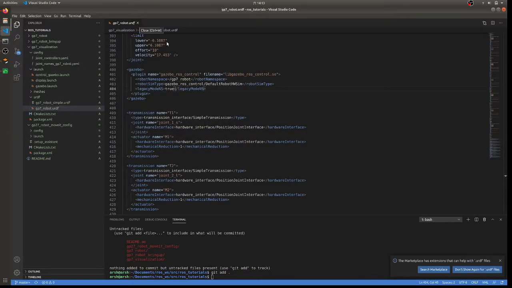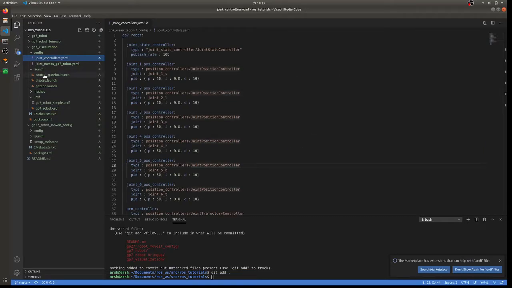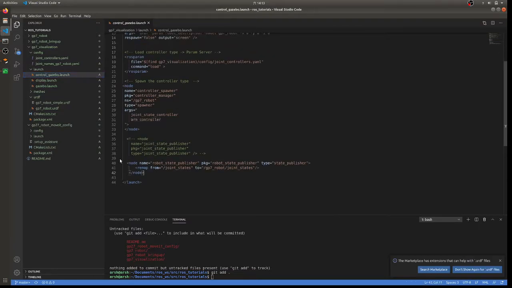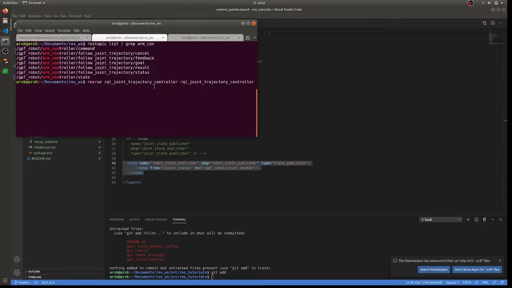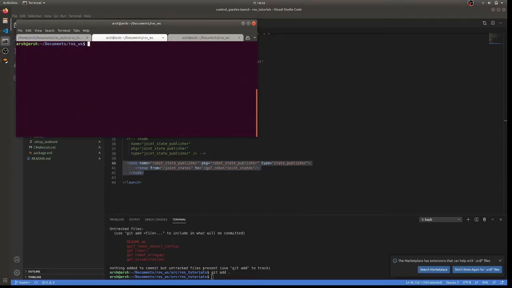There is one more thing that I have to explain before moving on, and that is the robot state publisher. The robot state publisher takes the joint state topic and then finds the TF, how the TF tree has changed accordingly. There are two ways to visualize this. I'll close this and close this. One way is if you run rqt,